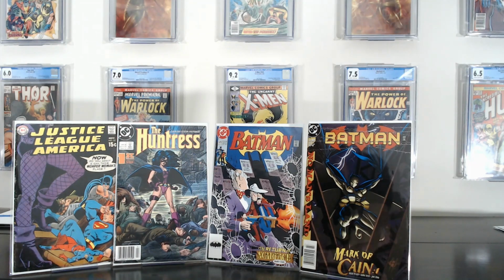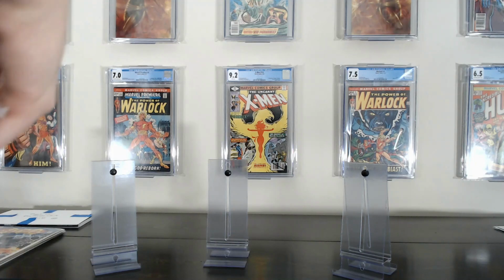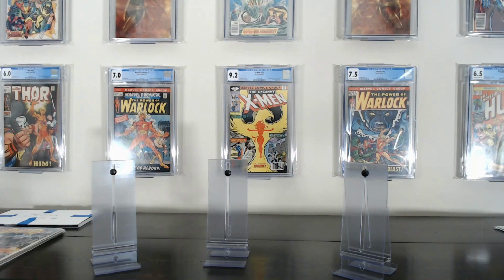I've been looking for the first Cassandra Cain for a while, and the only other Batman key I'm really looking for right now is 635, the first Jason Todd as Red Hood. And initially I thought I was not going to be able to get these either from, I believe it was Emerald City Comic Con that they were supposed to release at, but I was able to find the full set,